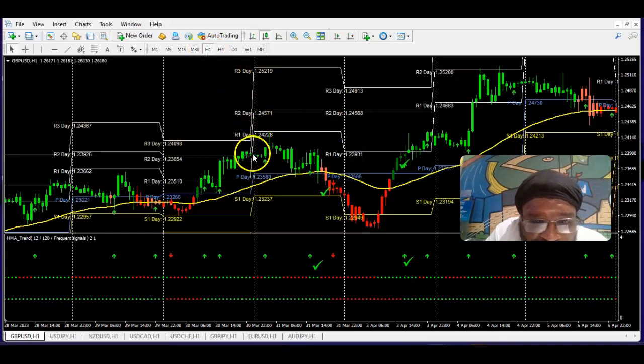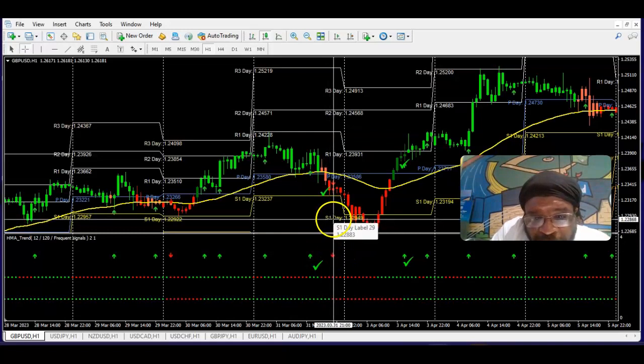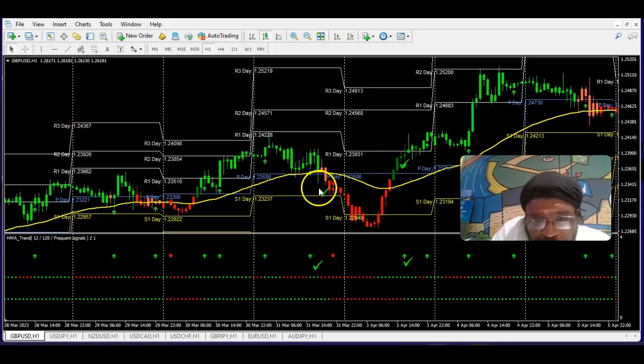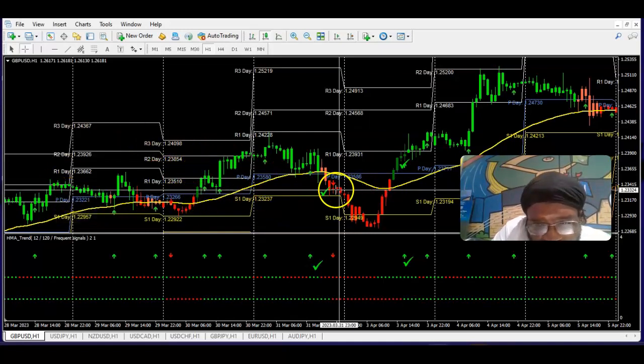Right here, we're on the 1 hour time frame, and within these 2 days, this is March 31st. The date is at the bottom. This is the 24 candles within this day, which is 24 hours. Okay, so we got our signal right here. Once we get our signal, we're going to look for the nearest pivot point within 3 days. Day 1, day 2, yesterday, day before. So when we got our signal to sell,